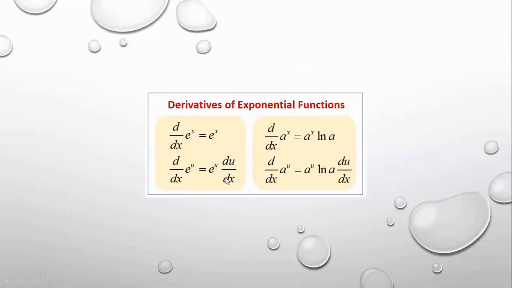So a to the power x, I told you I will give further explanation of this. Keep in mind that a is another base. So the derivative of a to the power x is a to the power x into ln a. You want to prove this. Why a to the power x into ln a? Why does this extra ln a come in?